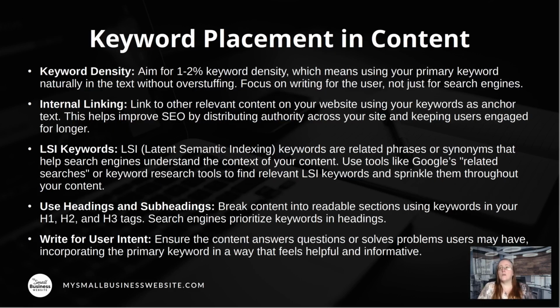Alright, so for keywords placed in content, you want to try to aim for about 1 to 2% of the content to have the keywords. And so your primary keyword needs to be naturally in the text without being too much. You need to focus on writing for the user, not just for search engines. So you're not going to be trying to rank necessarily. You're going to try and provide value on that topic, using relevant keywords on that topic, and that will help you to be able to improve your search engine